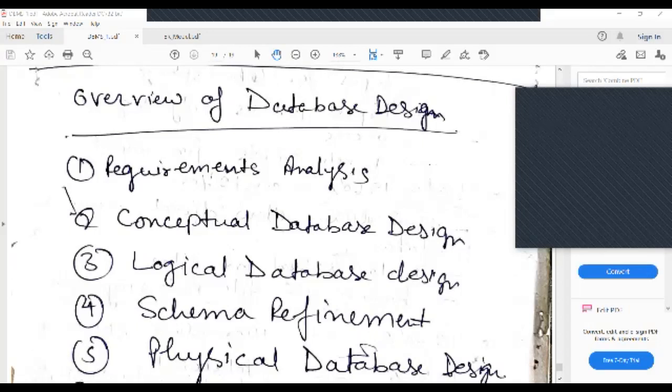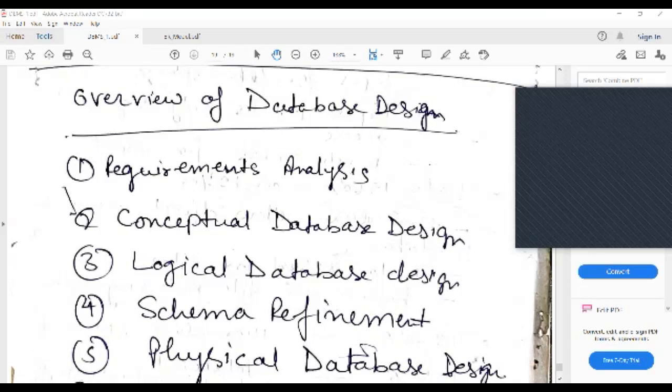Obviously, the designing of the database will start from the requirement analysis. What this means is first you need to know what is the requirement of the enterprise. Okay, requirement of the enterprise. It includes that can be done by using different kinds of questionnaires. Okay, like you can ask what are the various kinds of entities in your enterprise, identification of the various kinds of entities, identification of the various kinds of attributes, identification of the various kinds of relationships among those entities. So this is the purpose of the requirement analysis.